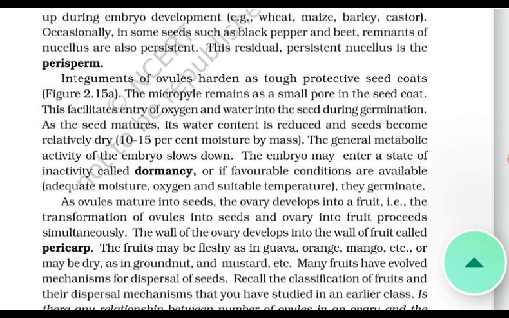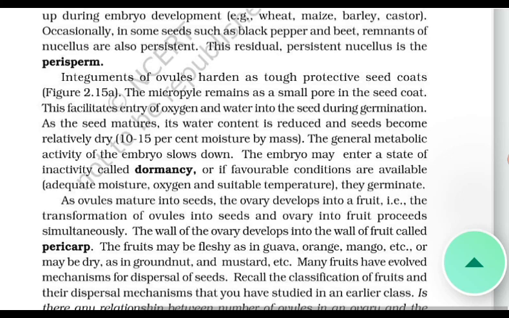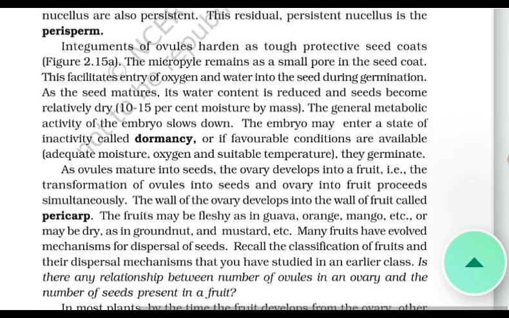Subsequently, cell wall formation occurs and the endosperm becomes cellular. The number of free nuclei formed before cellularization varies greatly. The coconut water from tender coconut that you are familiar with is nothing but free nuclear endosperm made up of thousands of nuclei, and the surrounding white kernel is the cellular endosperm. The surrounding part that is there, what is it? It is cellular endosperm.